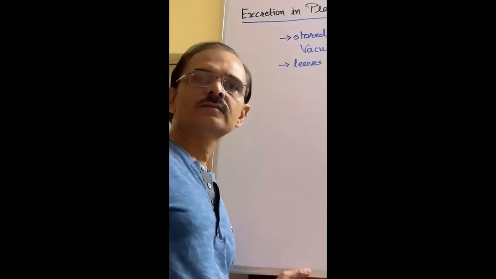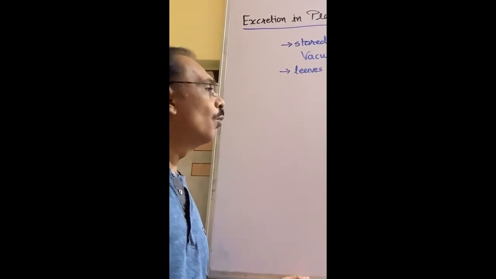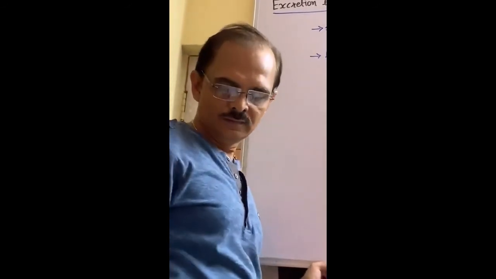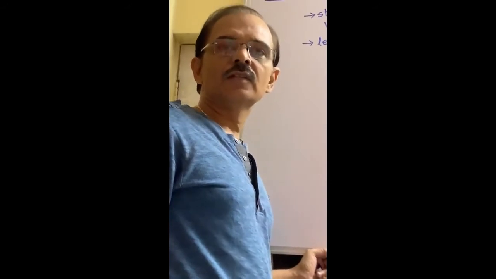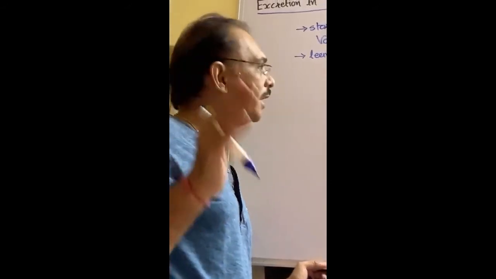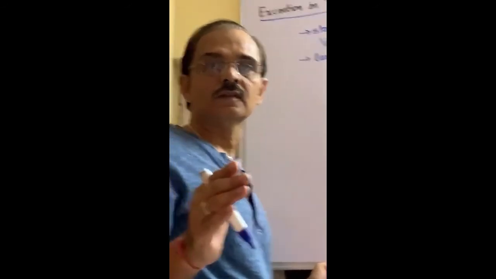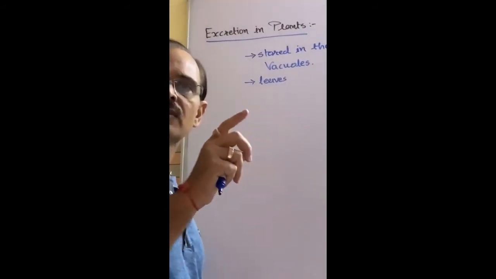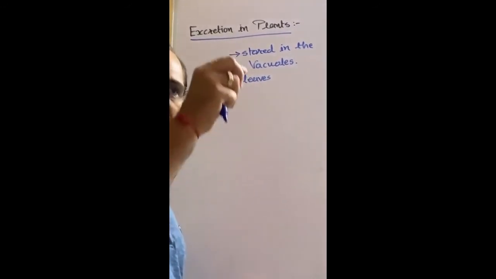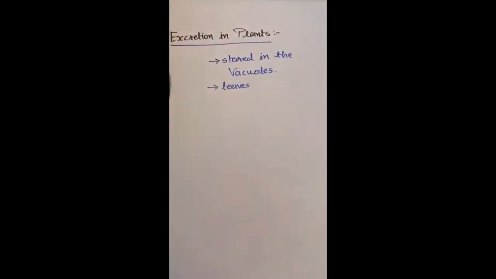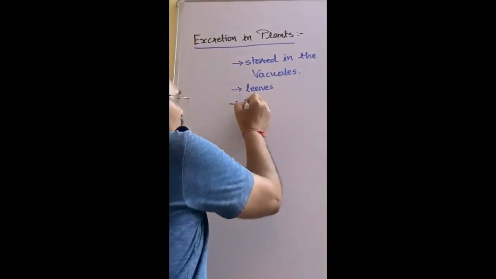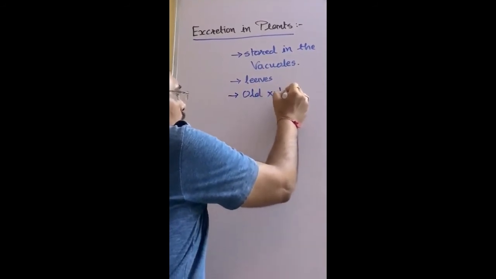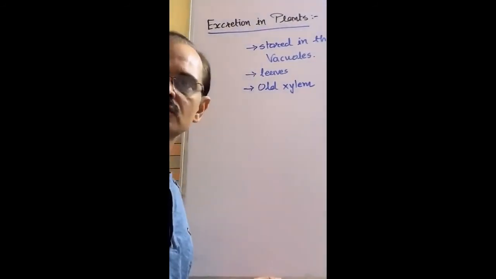You know that during autumn season, leaves shed off and new leaves are formed. Shedding off of leaves, that is what? The waste material enters into the leaves in such a way that leaves convert their color from green to yellow, and then they shed off. Shedding off of leaves is due to some hormones also. Okay? Some old xylems, old phloems also degrade it,